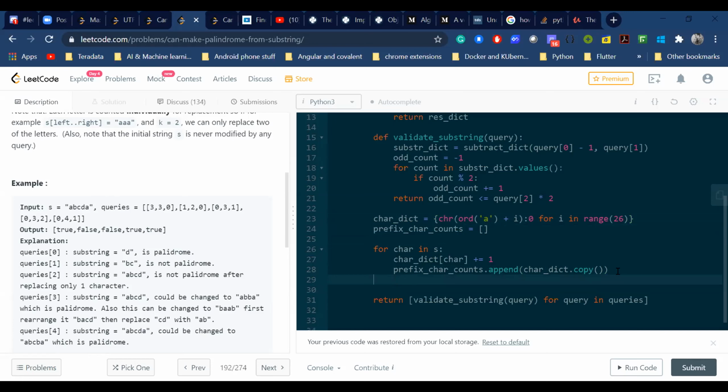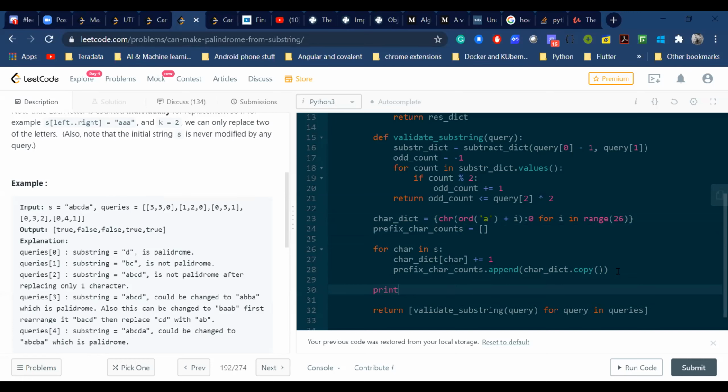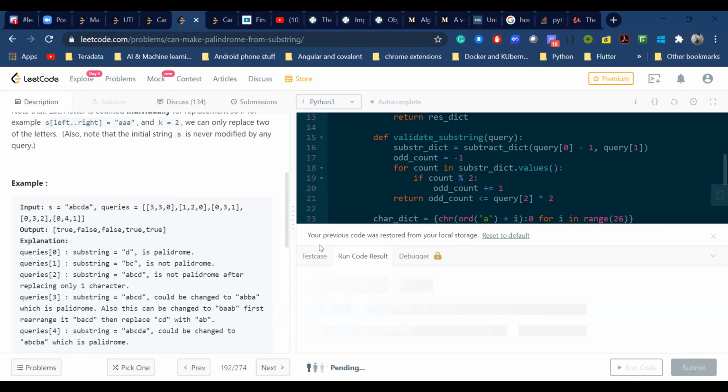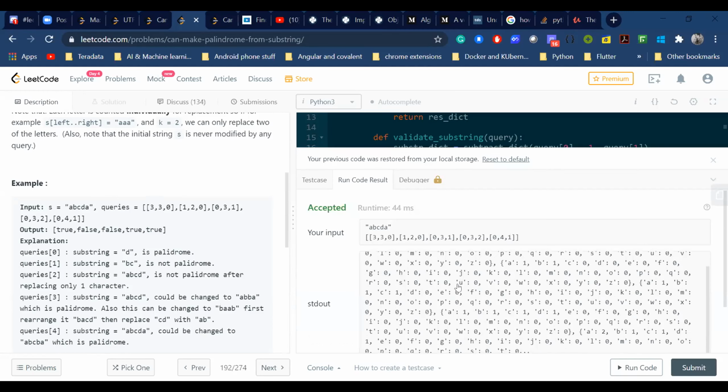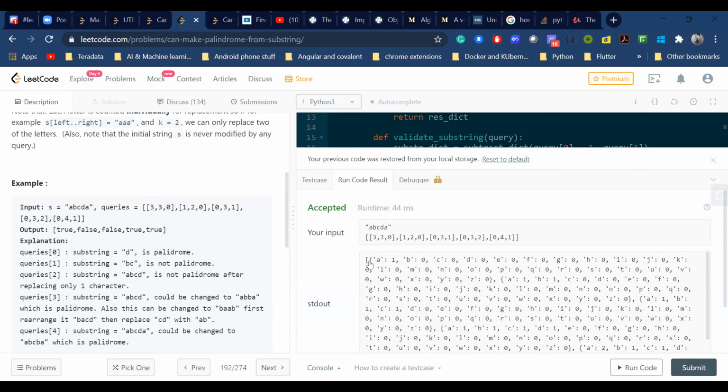So I have a length of 1, 2, 3, 4, 5. I have 5 maps in this list.